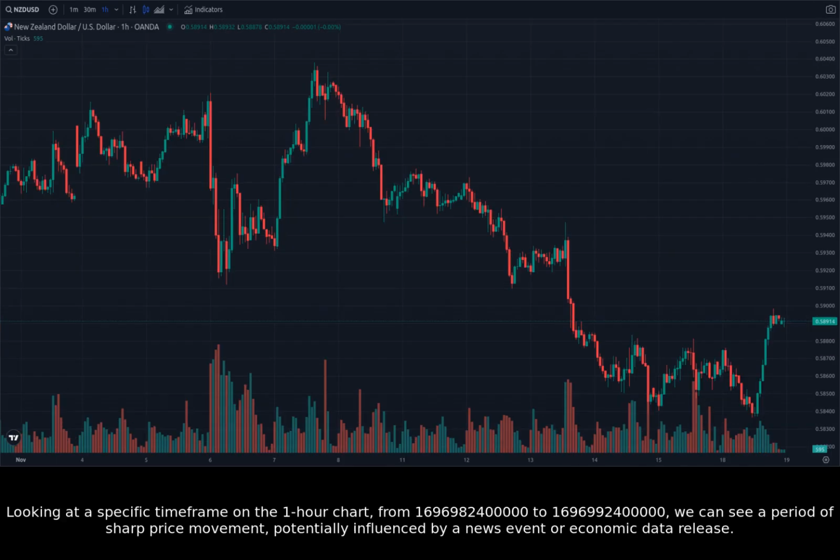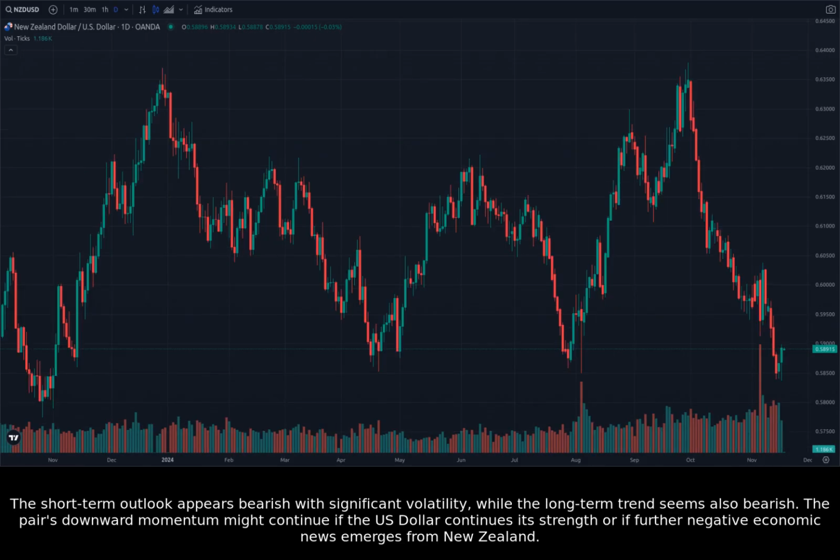Looking at a specific time frame on the 1-hour chart, from 1696982400000 to 1696992400000, we can see a period of sharp price movement, potentially influenced by a news event or economic data release. The short-term outlook appears bearish with significant volatility, while the long-term trend seems also bearish. The pair's downward momentum might continue if the US dollar continues its strength or if further negative economic news emerges